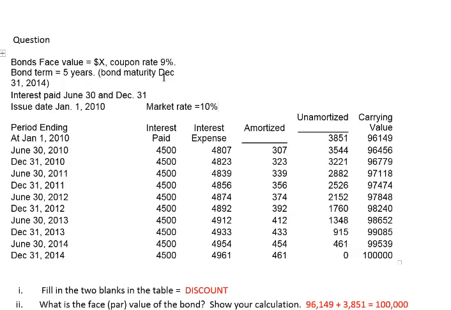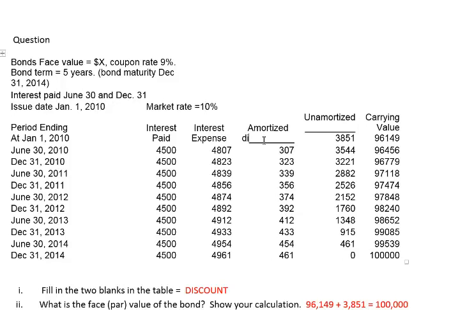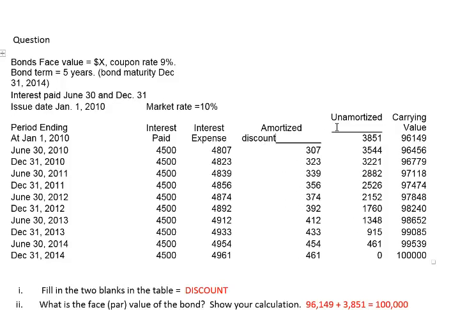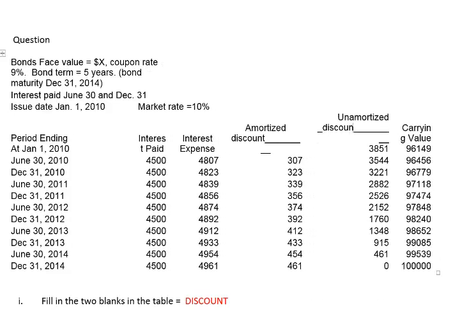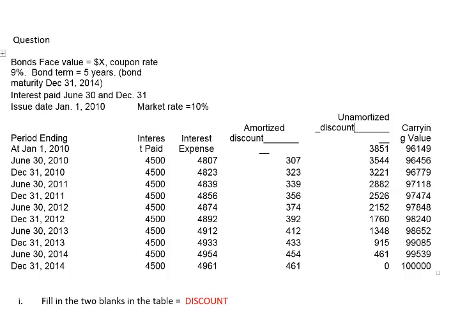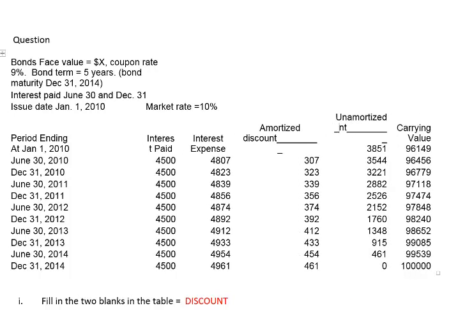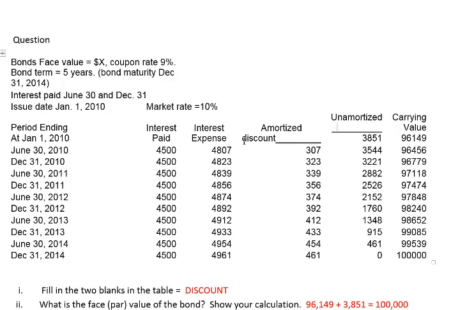So you should be thinking that because our bond is not paying as much as the market's paying for items of similar risk, we have a discount bond. So in here we'd be wanting you to type in the word discount into the table. All right, so now that you know that it's a discount bond and you know where you have to put that in our table,